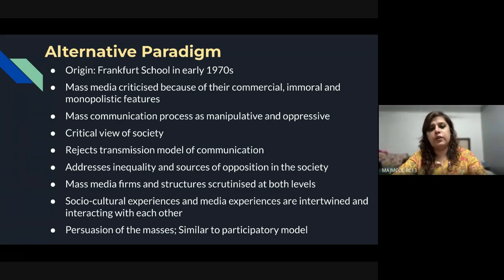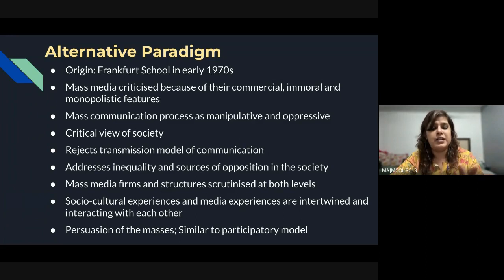This also gave a view of society to be critical and to think about their own development in the context of their own self, that is, localization and not globalization. They also rejected the transmission model of communication, which came from Shannon and Weaver. Since the alternative paradigm is situated in the critical cultural trend, it addressed inequality and the sources of opposition in society. So it was also talking about how